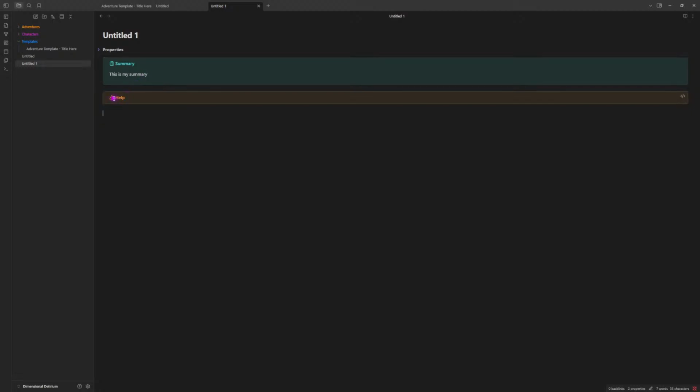And now I have this neat little symbol automatically, which there's a way to change these symbols. But now instead of saying warning, it's called help. So make sure there's a space between the bracket and what you want to call it. And now I have two different zones, if you will, in my